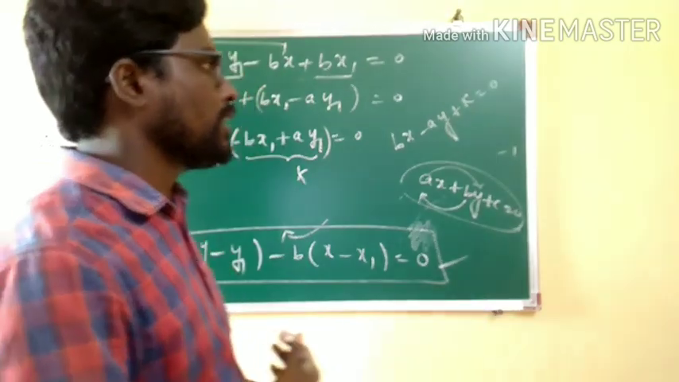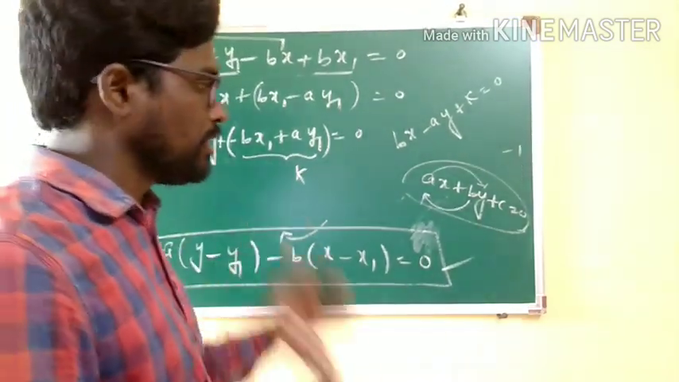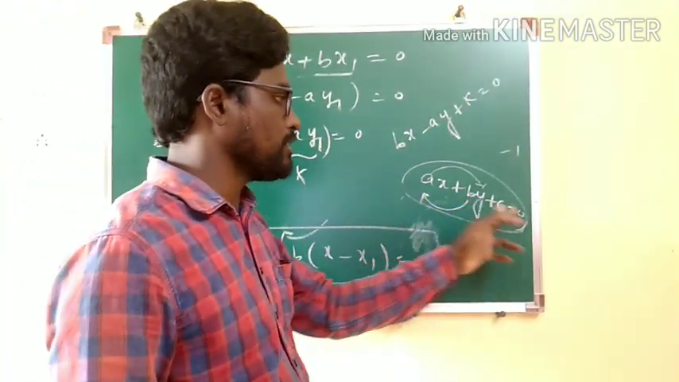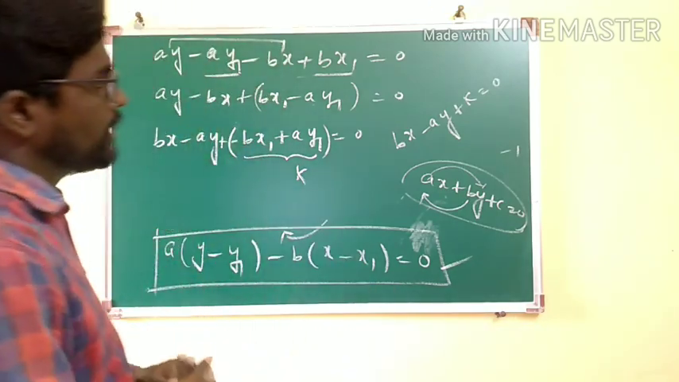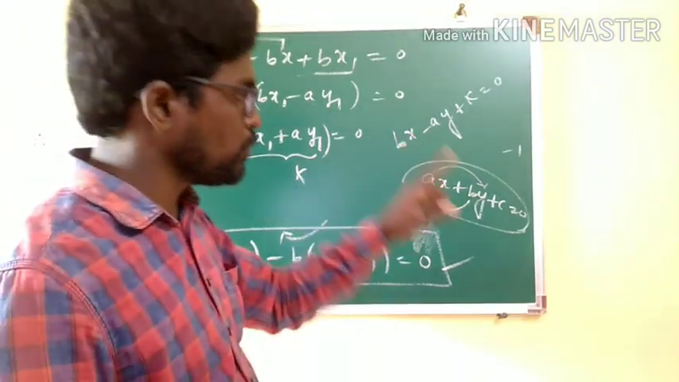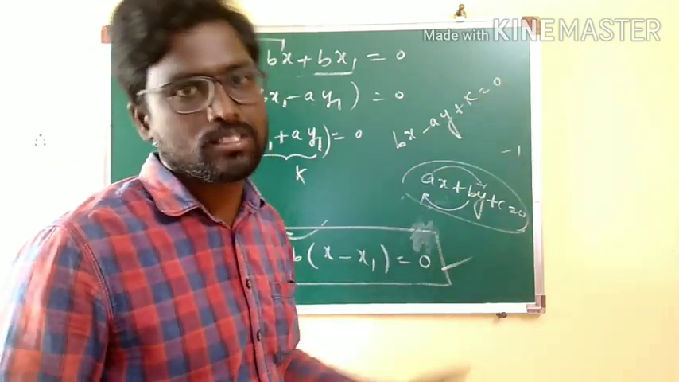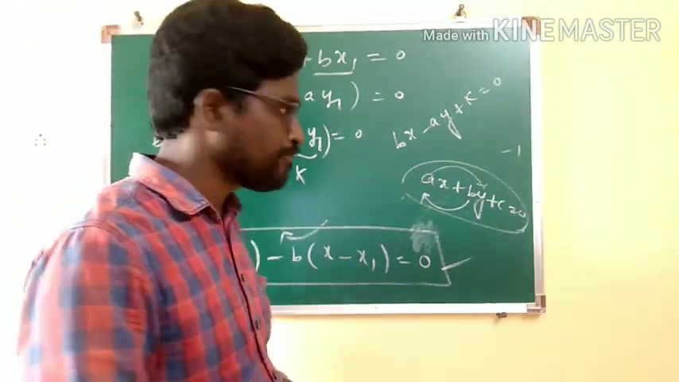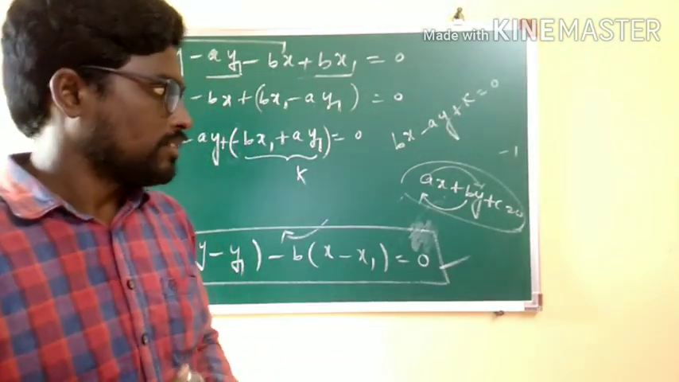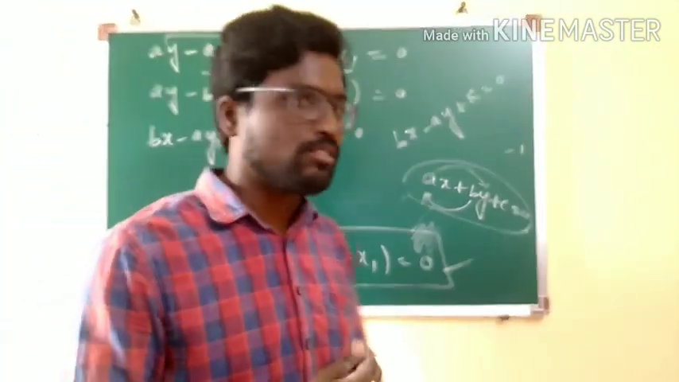If at all you are talking about the perpendicular line, if the line equation is ax plus by plus c equal to 0, then the equation of the line which is perpendicular to this will be in the form of bx minus ay plus k is equal to 0. So please write under the note, if the line equation is ax plus by plus c equal to 0,